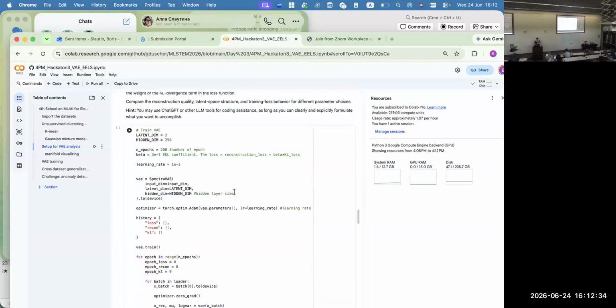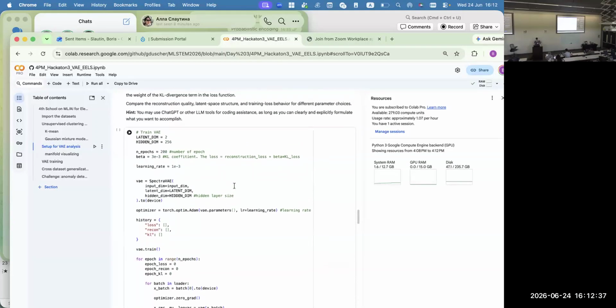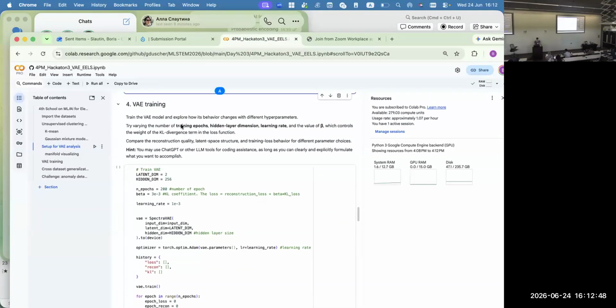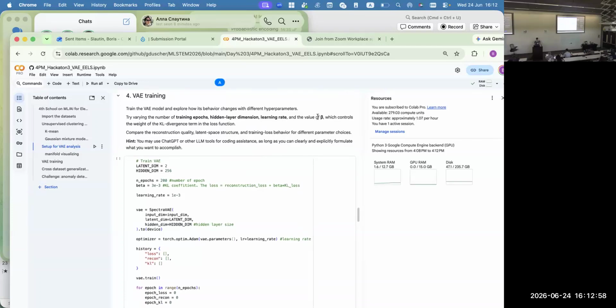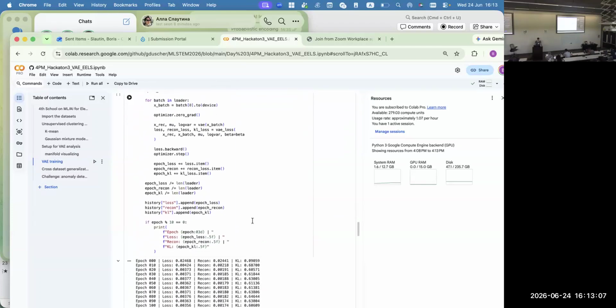And after that, what I would like to suggest you to do is just to train the variational autoencoder on the EELS spectra from the different data set. You may try to play with the different parameters like number of training epochs, dimensionality of the hidden layers in the encoder and decoder, learning rate, also parameter beta, which defines the ratio between reconstruction loss and KL divergence loss, and